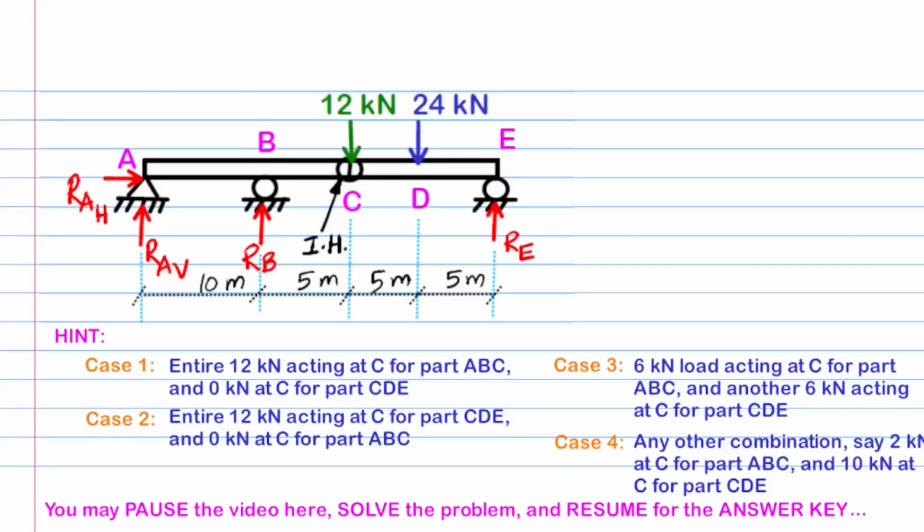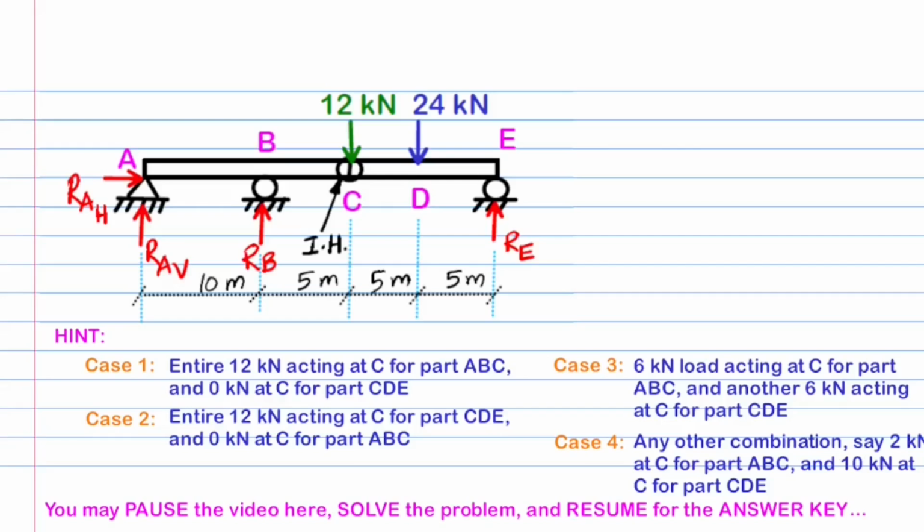You may wish to use a hint to solve the given problem by assuming either the entire 12 kilonewton load to be acting at C for the part ABC and nothing at C for the part CDE when the two beam parts are analyzed separately, or the entire 12 kilonewton load to be acting at C for the part CDE and nothing at C for the part ABC when the two beam parts are analyzed separately, or a part of